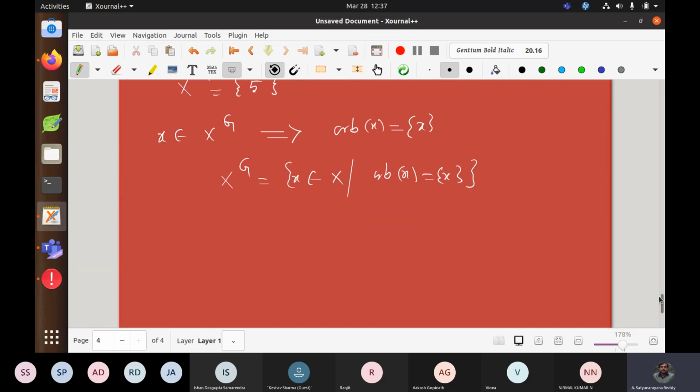So these are all fixed points, the set of all fixed points under the action of G on X. They are not affected by G. So can we say equivalently that the order of orbit of x is 1? Yeah, correct, 100%. So Xg is also equal to all x belongs to X such that order of orbit of x equals 1, because it is reflexive, at least one element will be there, and it has to be one element only. That's why we can define this way also.